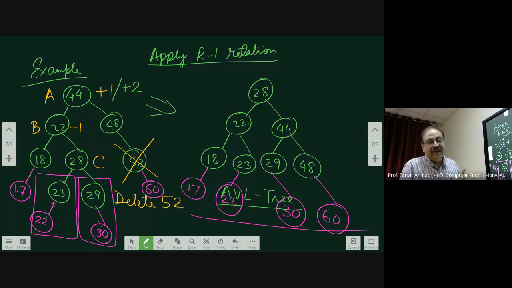But you have to check where is the balance factor I am modifying. That means in this, if I am putting like this, the balance factor of A will now change to +2 only. And therefore, you apply R1 notation. And B will remain over there. But if after doing this, suppose this becomes A. Then in that case, this will become B now. And this will not be an R-1 notation because you are deleting in the left side. Therefore, in that case, it might become L-1 or L0.